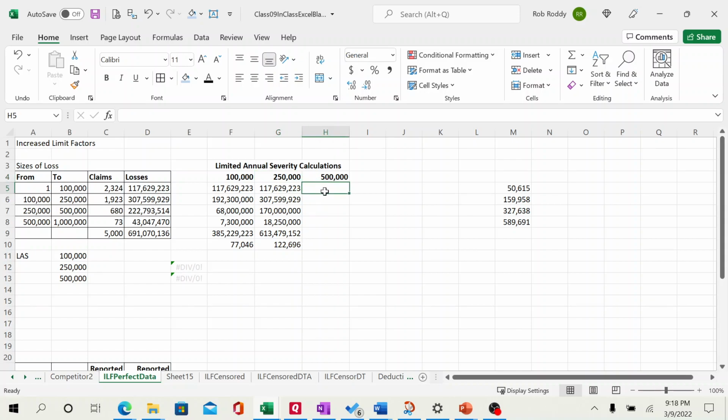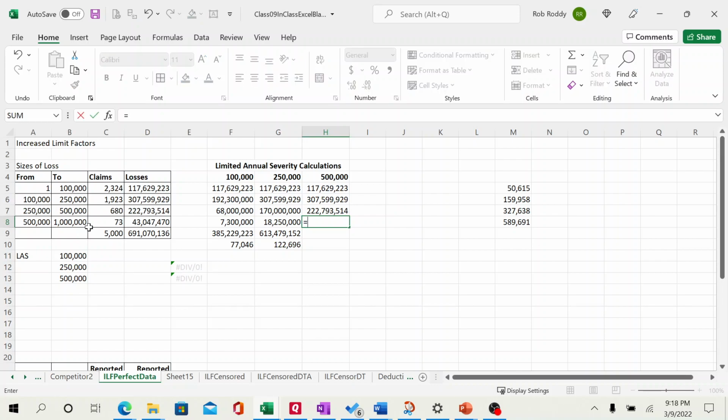Let's do this again at $500,000. Once again, what if we limit all the losses to $500,000? Well, you'd include all the losses here in the first layer. You'd include all the losses in the second layer. And now what about this layer? You would include all the losses in this $500,000 layer as well. Think about just a layered cake. If we limit our losses to $500,000, you would include